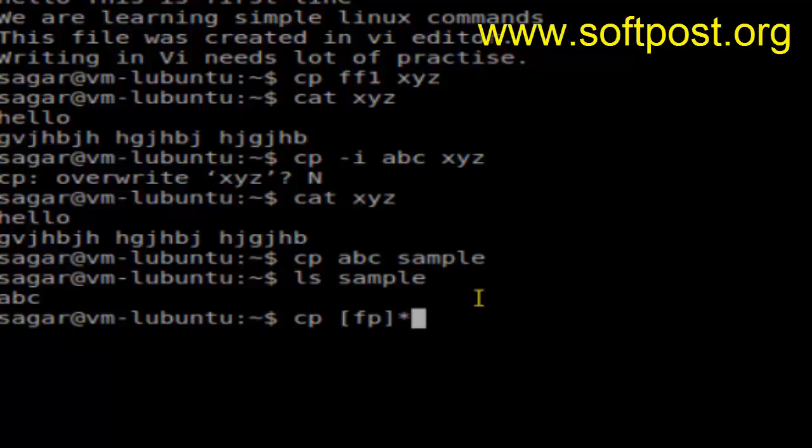It means that all the files that start with F or P should be copied to the directory sample, and then if you enter, now if you see the sample directory contents,